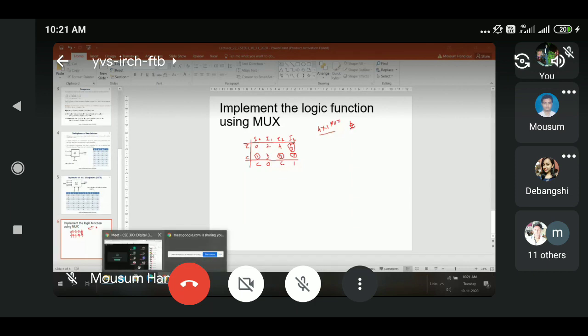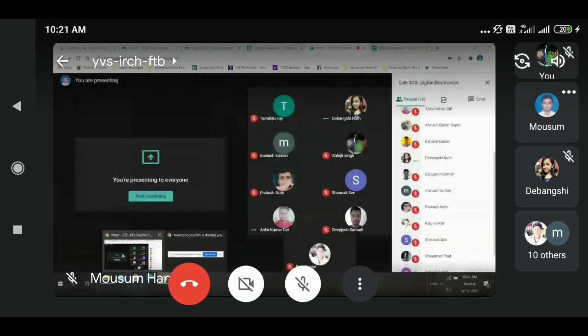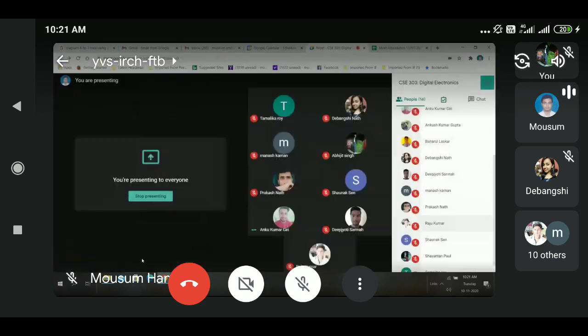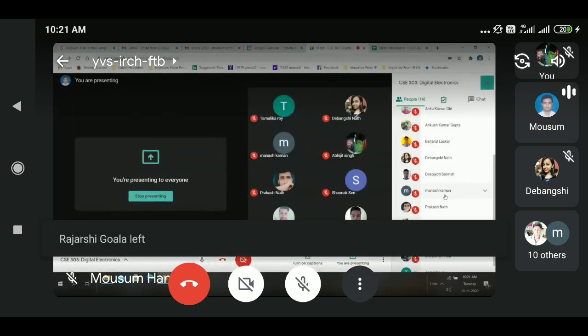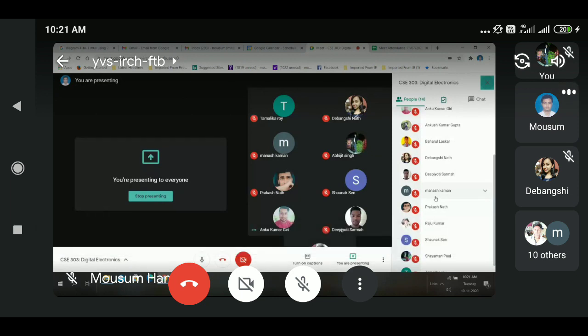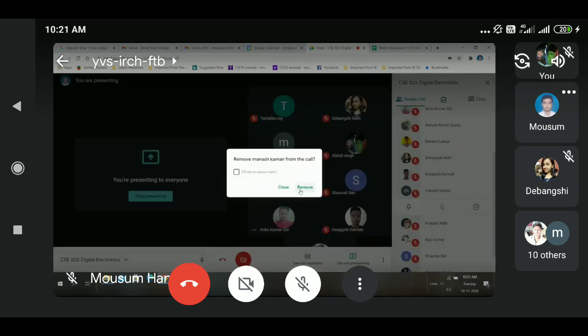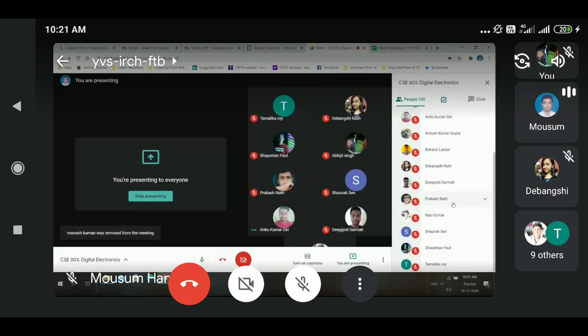ऐसे नहीं होगा, प्लीज ऑफ योर माइक्रोफोन। ऐसे नहीं होगा भैया। ये कौन है? मानस, कमन, ऑन योर माइक्रोफोन। ये है ही नहीं जगह। मानस, कमन। आप नहीं है ना? ओके। प्रकाश नाथ। यस सर। ओके,